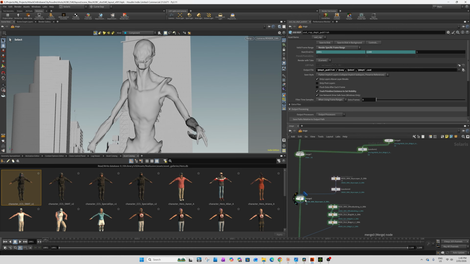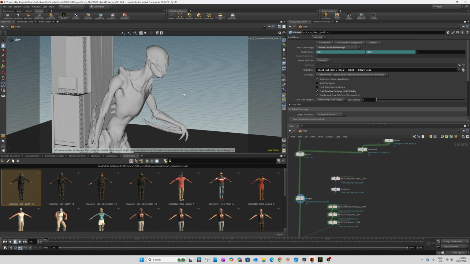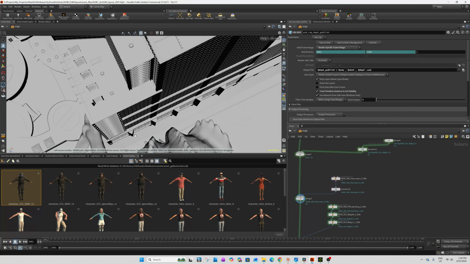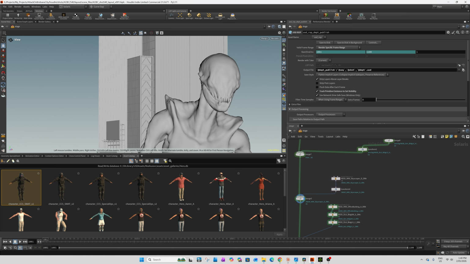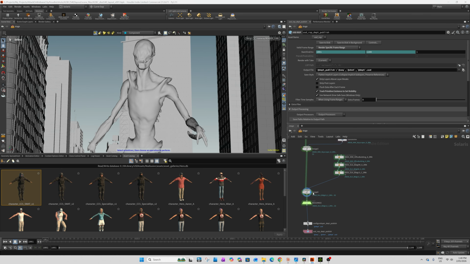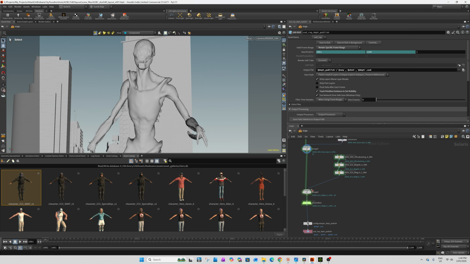This skyscraper is destruction ready. I'm not sure if we'll be able to see the cracks in it, but some more buildings in the foreground.